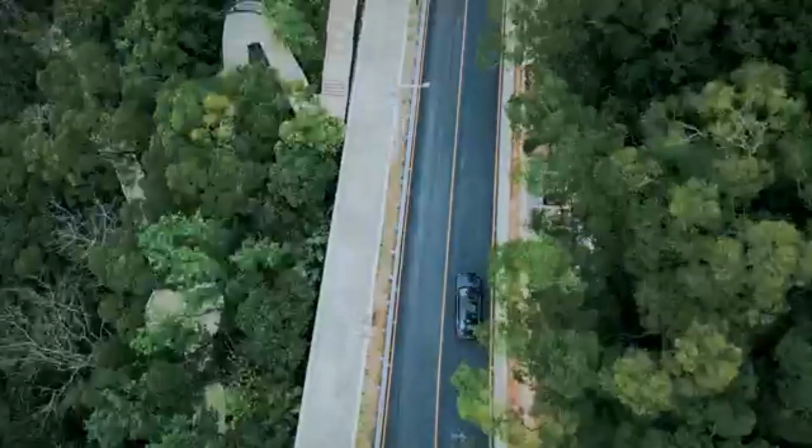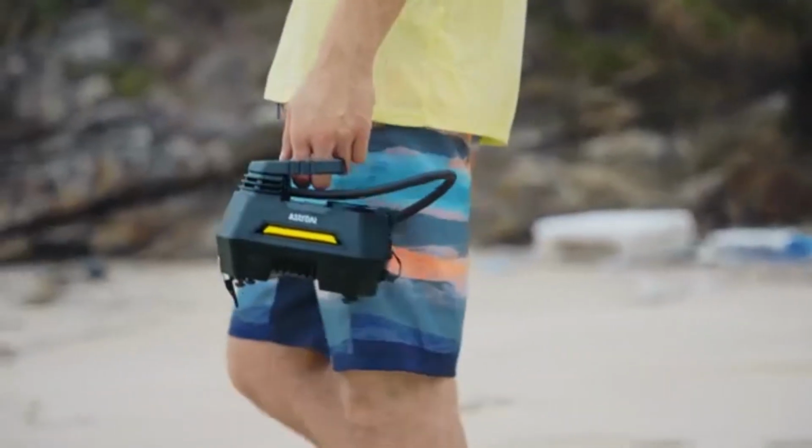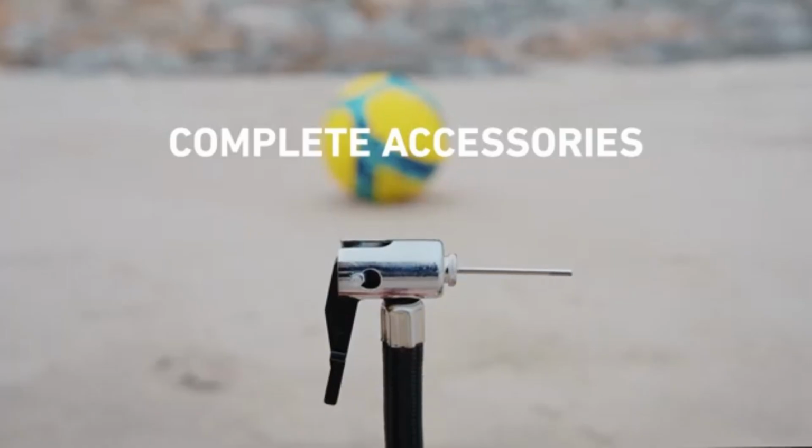Specifically, tires. Tire pressure, often overlooked. Yeah, but it's so important, right, for safety, fuel economy. But finding a working air pump at a gas station can be such a hassle. Tell me about it. They're often broken or inaccurate. Which brings us to number four,